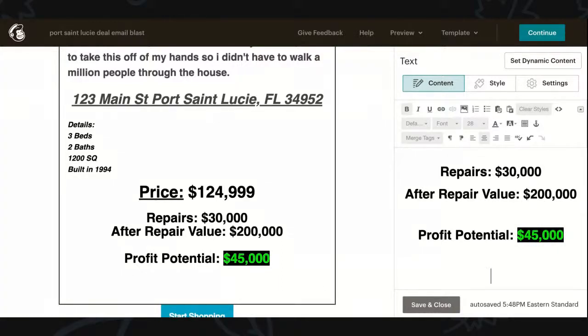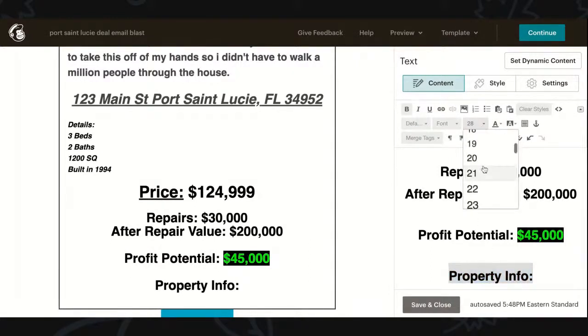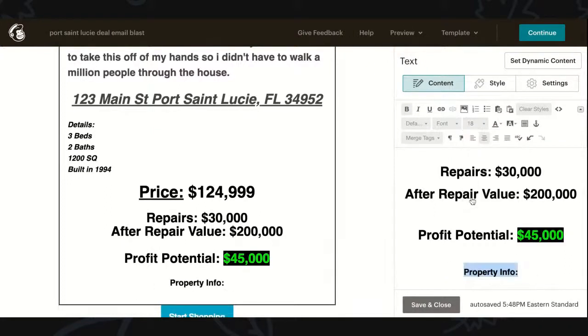And then at the bottom, if they're interested, you can do more and more. You can just put a little bit of property information, a tiny description of it. So we're definitely going to put this one to 18. And then you can just put whatever you want.